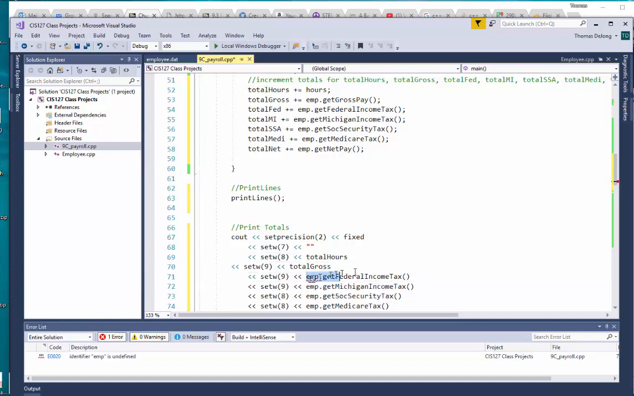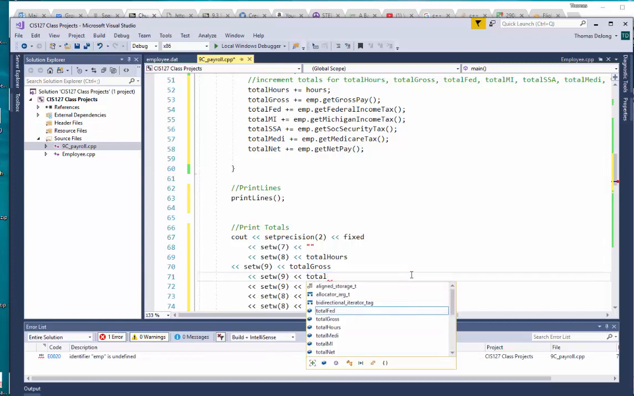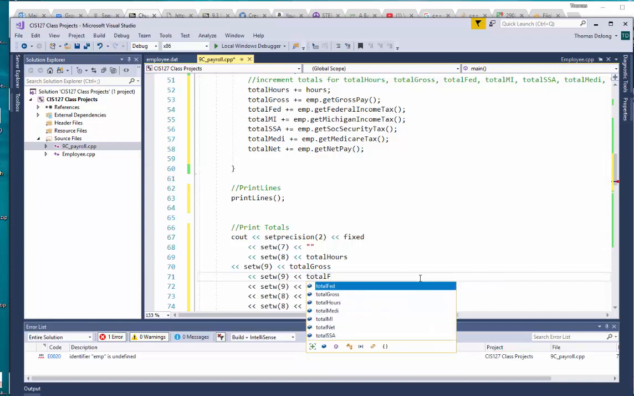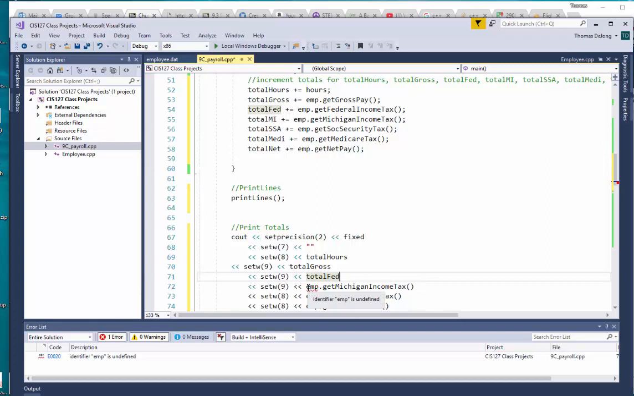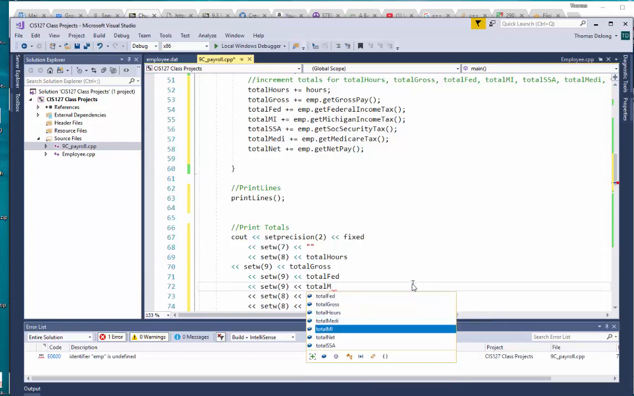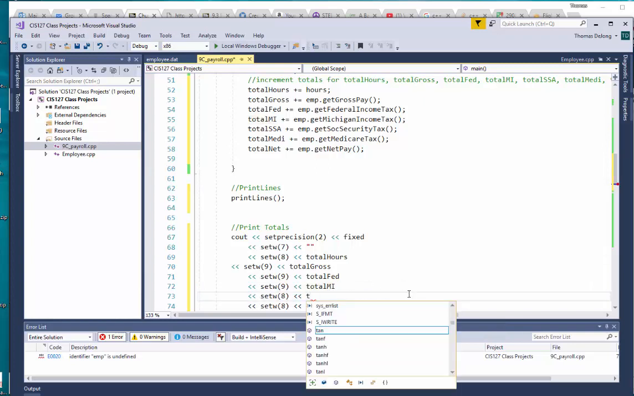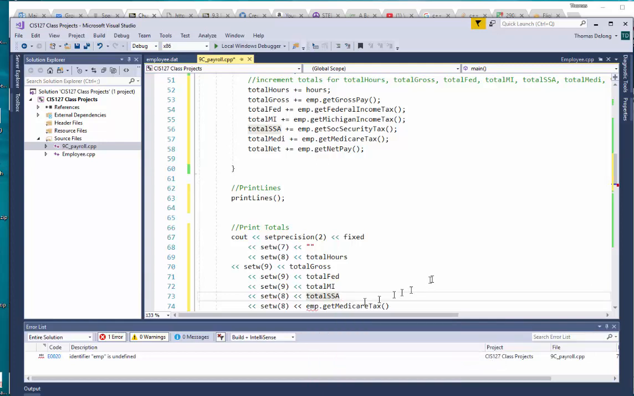Shame on me. Okay, now this right here, let's say total. And this is going to be our, I forgot, what was it? That's our federal, huh? Total Fed, right there it is. And then here we got to do our Michigan income tax. Right there. And our total S, right there it is. And then our total